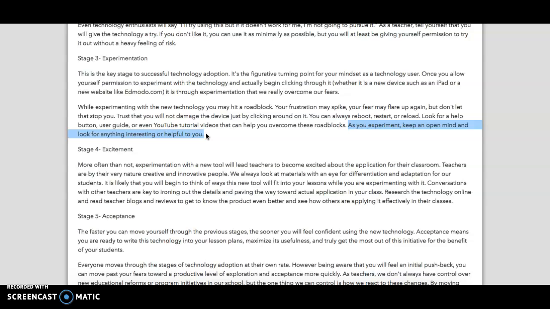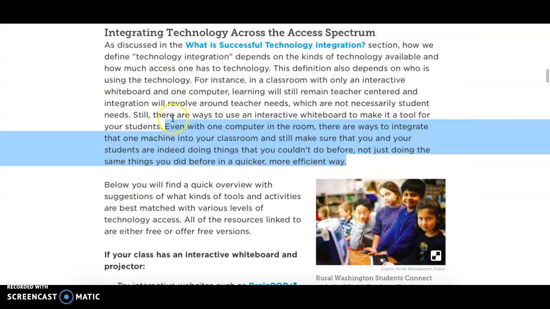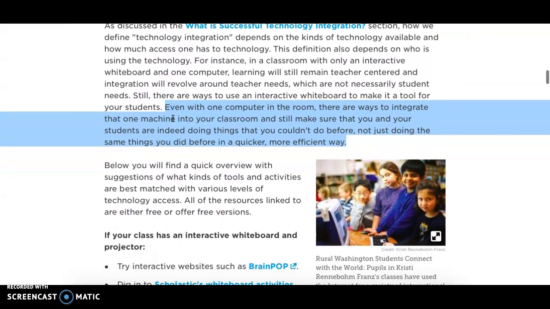Another thing I found for the connections was from How to Integrate Technology from EduTopia, and it says, even with one computer in the room, there are ways to integrate that one machine into your classroom and still make sure that you and your students are indeed doing things that you couldn't do before, not just doing the same things you did before in a quicker, more efficient way. So basically this kind of shows that